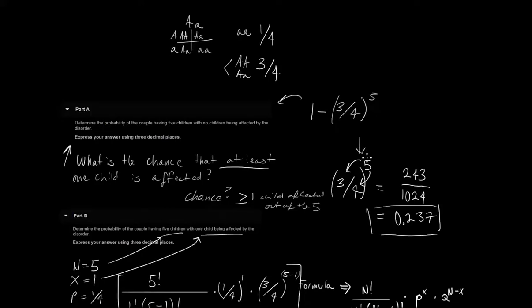And you can see the parallel here. When we solve this out, this further simplifies to 781 over 1024. So if this question were to ask us, what is the chance of at least one child being affected? It's going to be equal to 781 over 1024. And whenever I see that at least, I like to immediately think of